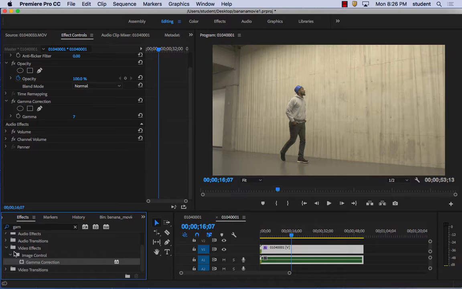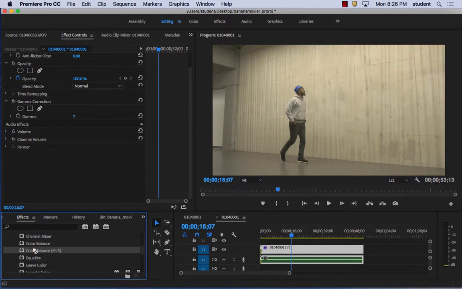Another one, if you wanted to change the color, there's some really good color correcting ones in there as well. Get rid of gamma so that you can look. The color correcting ones, the one I like to use and probably the most popular one is this one right here. Or if you want to add more color, a good one is the color balance, which is HLS, which stands for hue, saturation, and lightness. So if I want more color in there, I can add more saturation. So if I do the color balance and drag that in there as well,